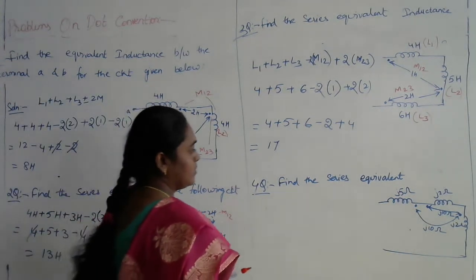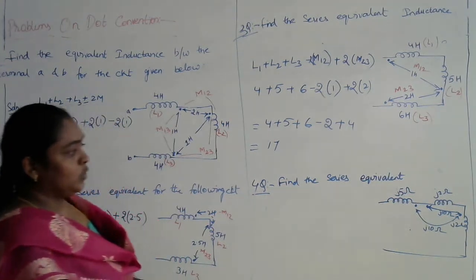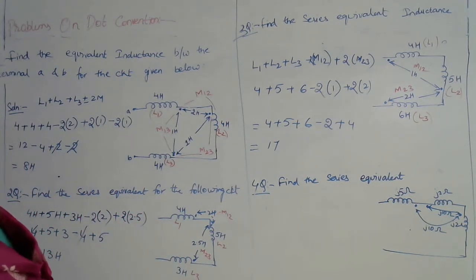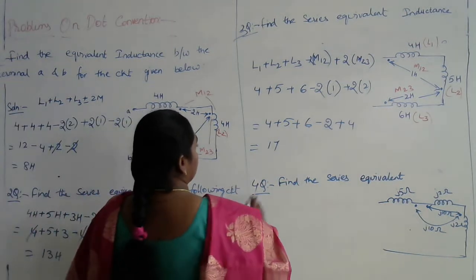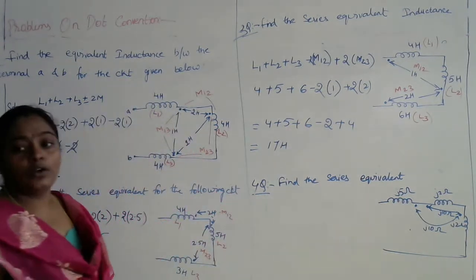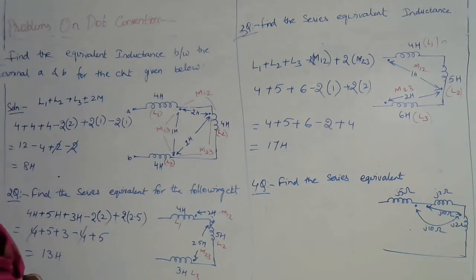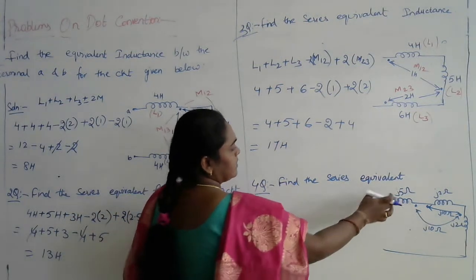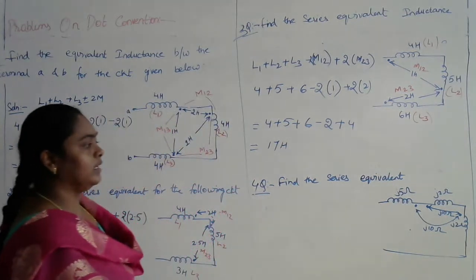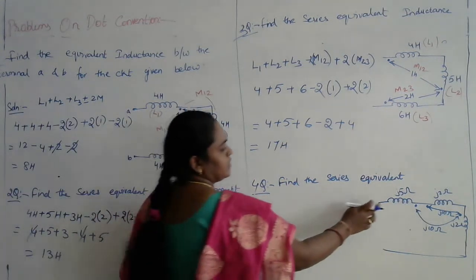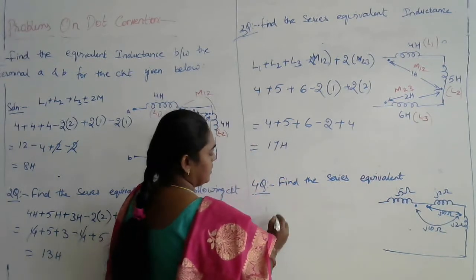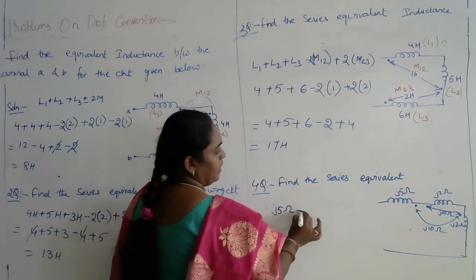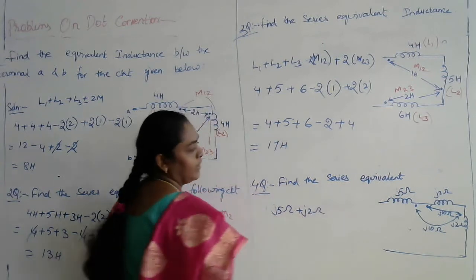The last one is, in this case we are having two inductances. In the first three problems, we represented the inductance value directly in terms of Henries. Now we are representing the same thing in terms of ohms. The only difference is we follow the same procedure, but instead of writing Henries, we represent it in terms of j ohms. So here it consists of two inductances, j5 ohms and j2 ohms, which are self-inductances.